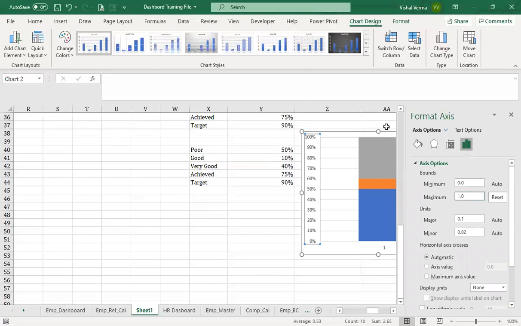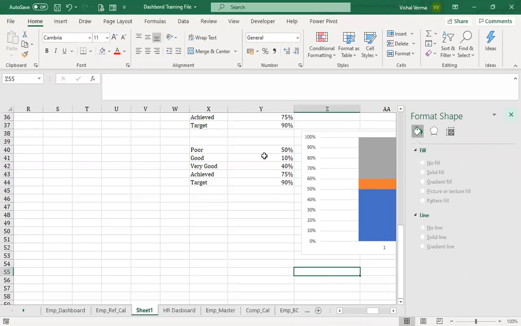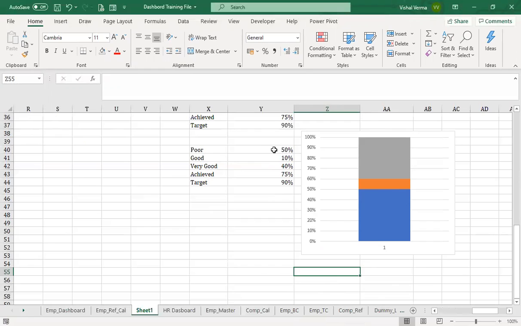There will be some data going beyond that, because what the column chart is doing is adding 50, then 10, then 40, then 75, and then 90. So some of them are moving above that.